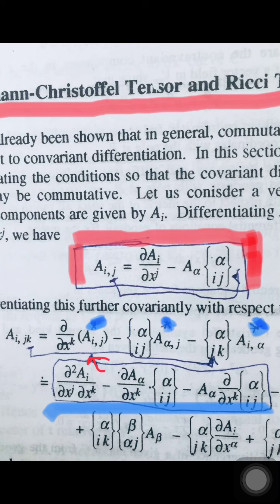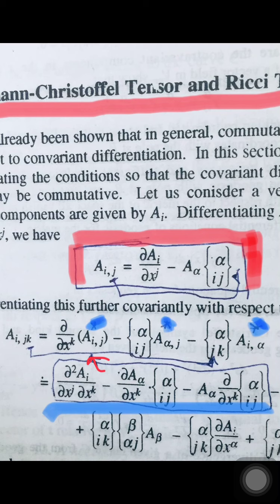Okay, now in the second term we have two terms, gamma alpha i j. So by using the UV method of differentiation, we get two more terms here. First differentiate u, v constant. Second differentiate v, u constant. So we get three terms in case of the first term. Okay, when we differentiate with respect to xk, we get three terms which are highlighted by the blue line.